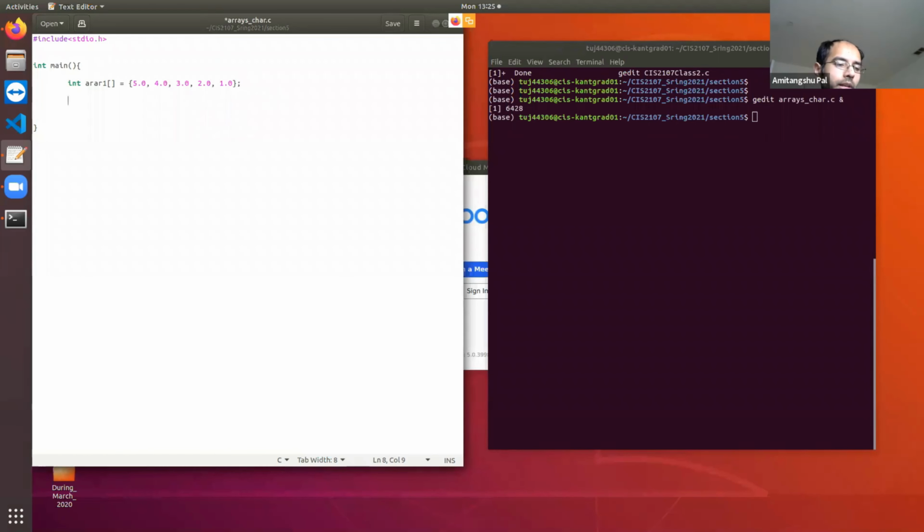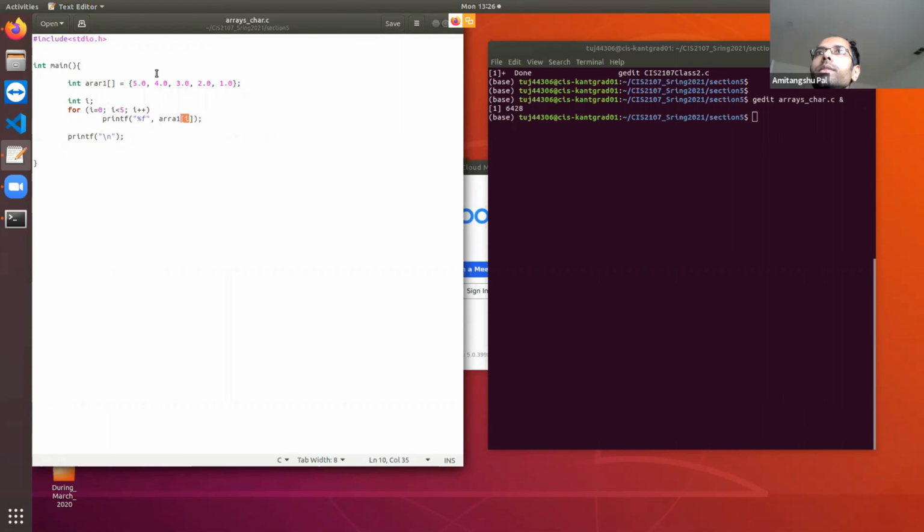Suppose you want to print the elements of the array, you can just write a loop for i equal to 0, i less than 5, i plus plus, printf array 1 of i, and then print the next line. So it is iterating through this array element.